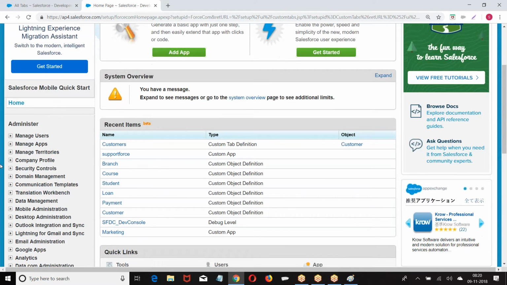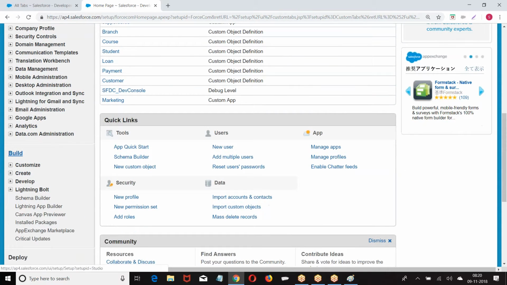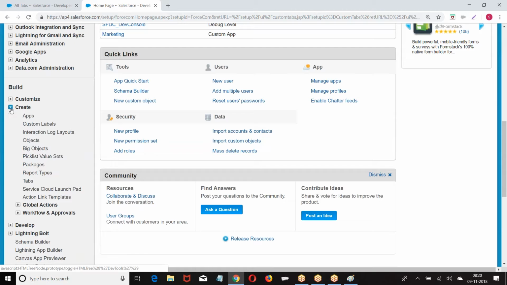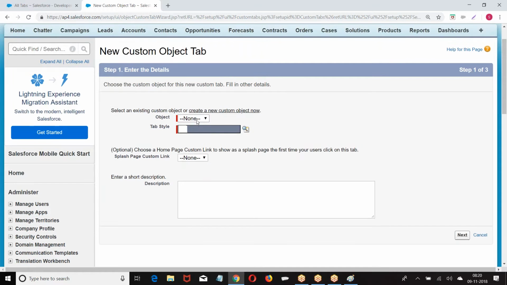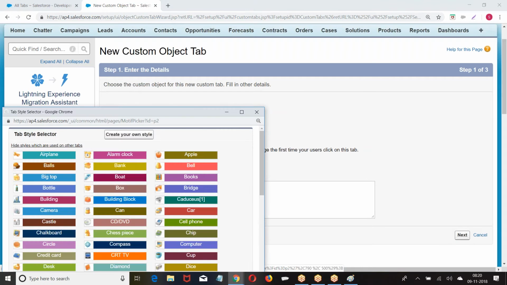Once again, Setup, Build, Create, Tabs, Custom Object Tabs. We have payment tabs.